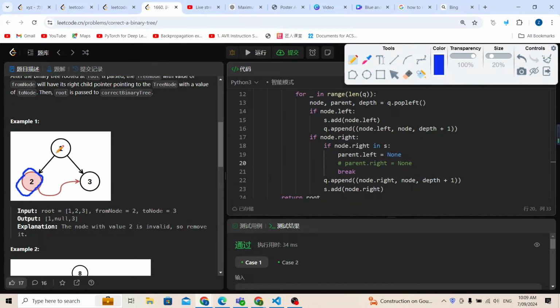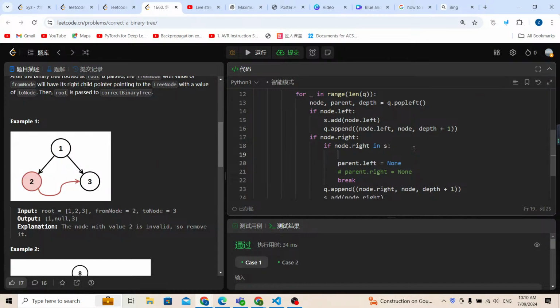If this is a parent, we just want to check this node. If this node equals parent.left, this means this node is going to be a left child. So if the node equals parent.left, it's a left child, and of course we're going to set parent.left to None. Otherwise,